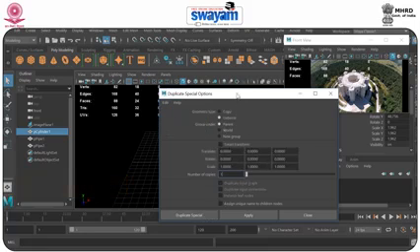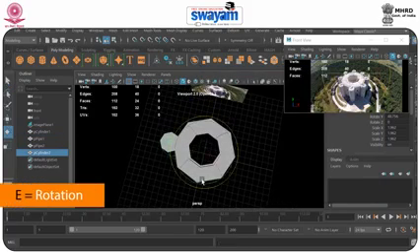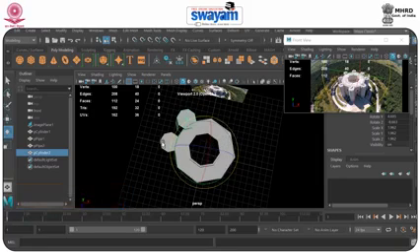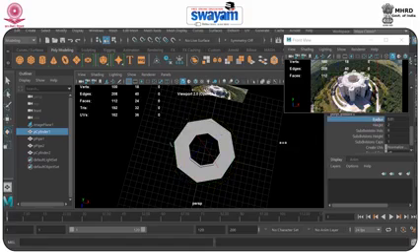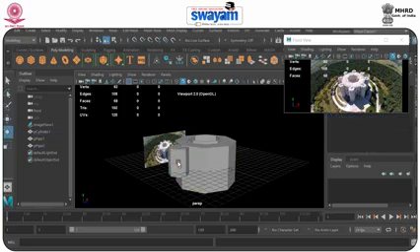Fine. Duplicate special, and now E and J for rotation. So see now what will happen here, when I change the radius of this file, the second file would automatically also be affected.